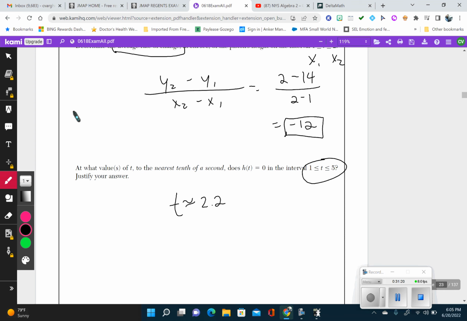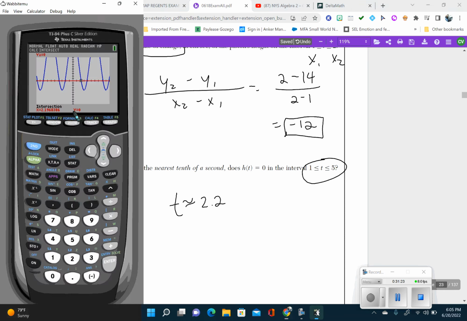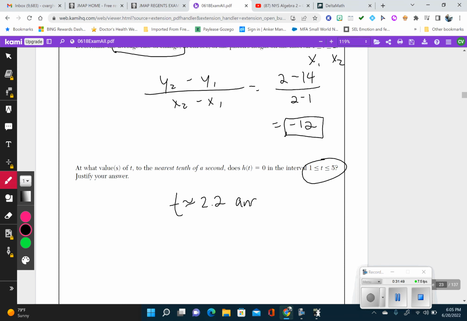Okay. And then I can look at my calculator and I'll see, yeah, from 1, 2, 3, 4, 5, there's another point of intersection. So I'm going to hit second calc again, option number 5. I'm going to go over to the second point, keep going to the right. Don't hit up or down, just hit to the right. And boom, it's right there. First curve, sure. Second curve, sure. Guess. And it gives me 3.8. So 2.2 and 3.8. And since it says justify, you just want to say using